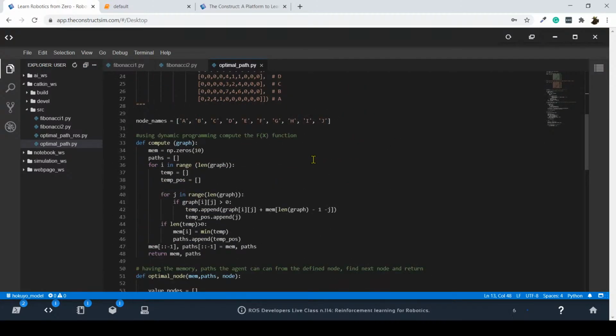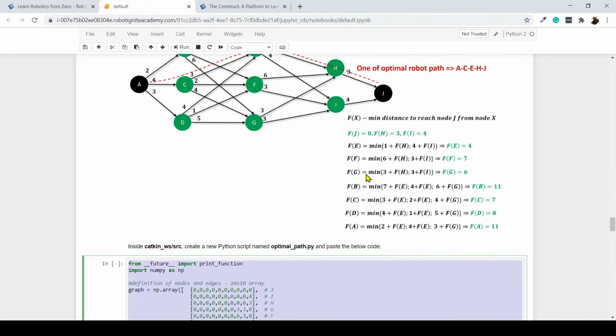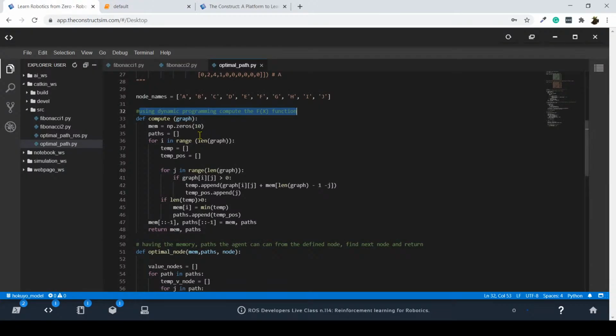Then we are computing here the fx function, which is this function here. We are doing all this computation using dynamic programming. As you can see here, we are using this memory, so we are storing the intermediate results into memory, so we don't need to compute them again. Yes, so we are using the dynamic programming approach in this case in order to compute the least minimum